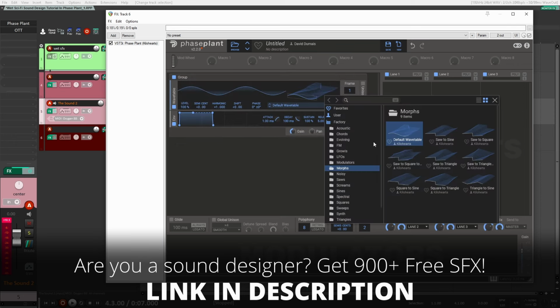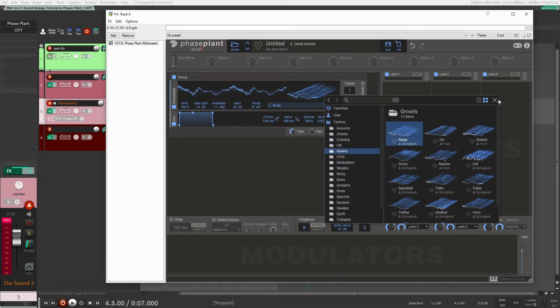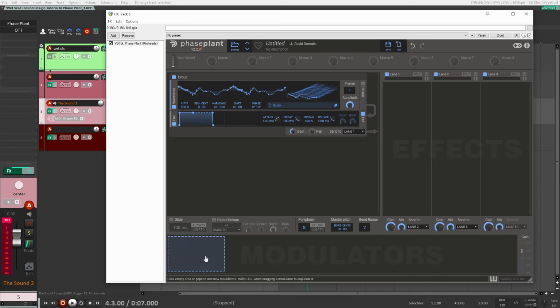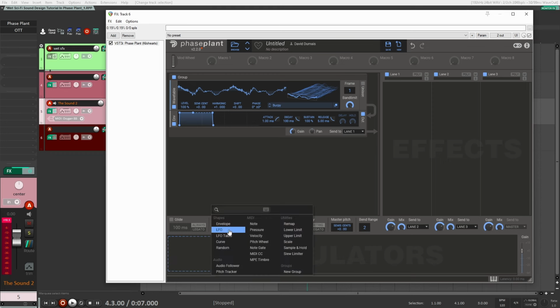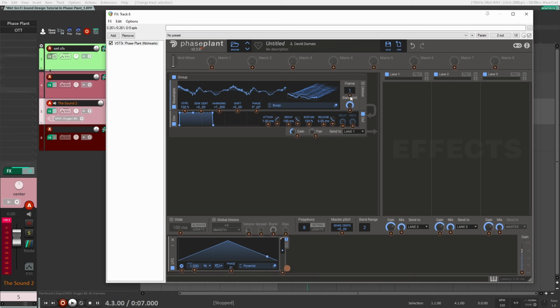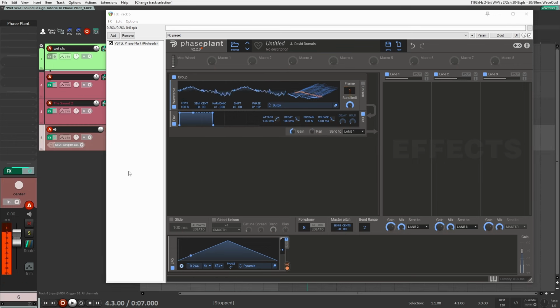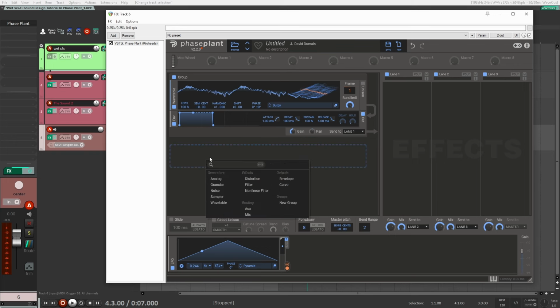for now. And I like to go straight to the growls. I find these are best for the types of sounds that we want to create. And in here, we're going to want to create an LFO so that we can scan through our wavetable up here. So I'm just going to grab that, assign it to here. I'm going to slow down the speed here. Perfect. And then the next thing we're going to do is we're going to want to add another group here,